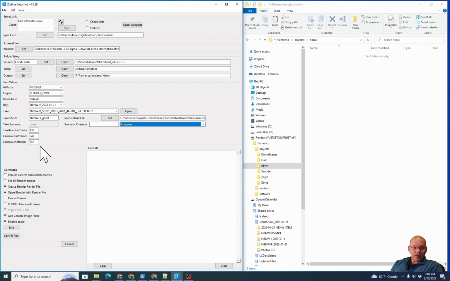Timeline start frame picks the start frame of the original Blender timeline where the created composite will begin. So this defaults to 1, which is fine for stationary scenes. But for animated scenes, you will frequently want to start a composite at a given time frame. So for example, the plane starts coming at frame 130 in the Blender timeline, we're going to pick timeline start